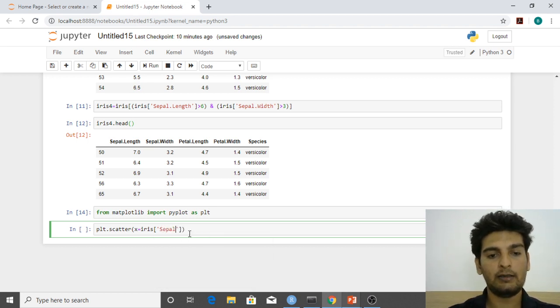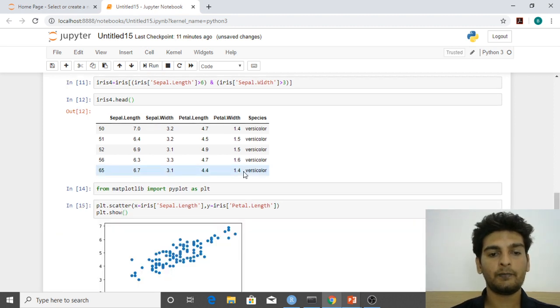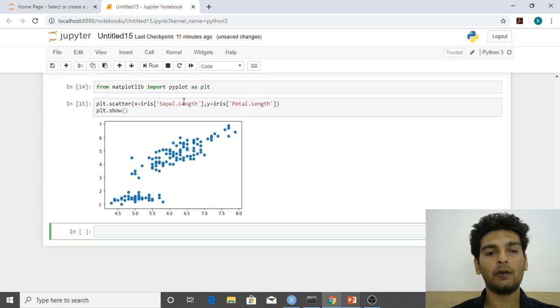Let me remove the caps lock. Right, so I map the sepal length onto the x-axis. Now similarly, I will map the petal length onto the y-axis. So I'll type in iris, and this would be petal length. All right. So now that I've done this, I'll just type in plt.show. Right, so it seems as if there's a linear relationship between sepal length and the petal length of this iris